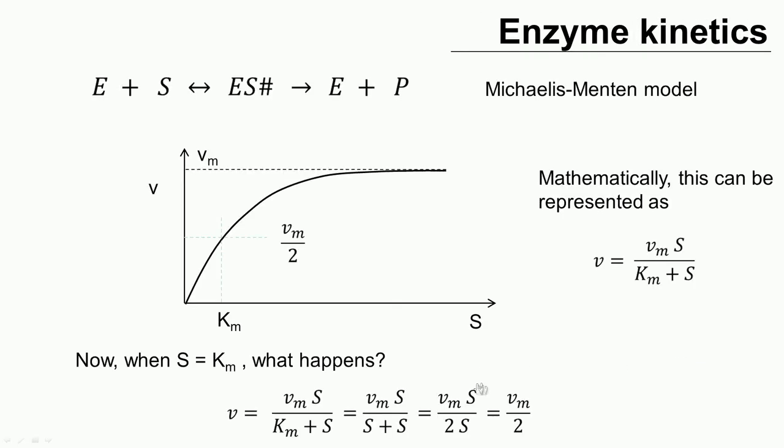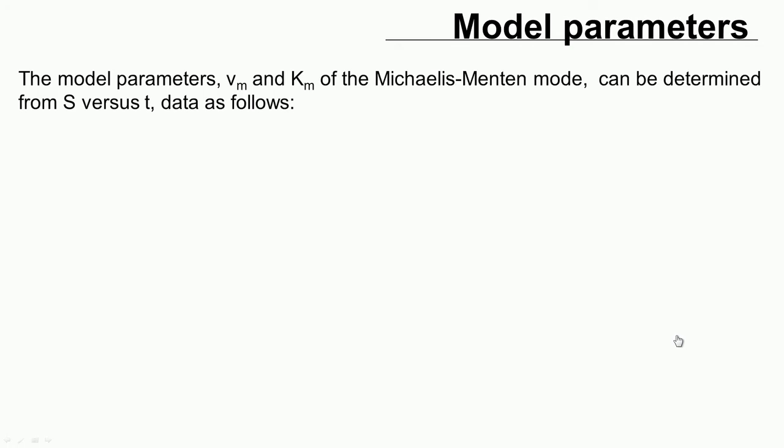To find out Vm and Km, as you can realize, Vm and Km will be dependent on the enzyme and the substrate, and for each combination there will be a Vm and a Km. So, how do you find that out? How do you find out these model parameters here, Vm and Km? To find that out, what we do is something like this. One of the things that we can do is something like this, because we will have to find that out